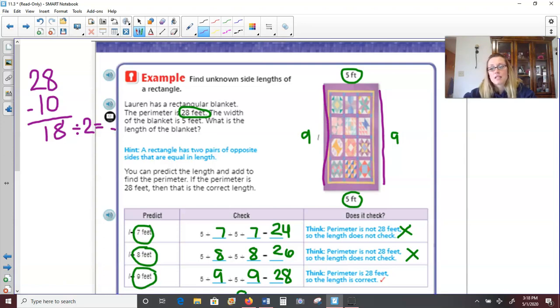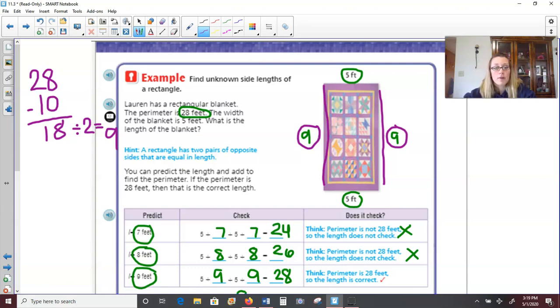And 18 divided by 2 is equal to 9, which is what we came up with through the guess and check method. So that might be a little quicker than guessing what you think it is and testing it out. I would still suggest, if you solve it my quicker way, that you check your answer,